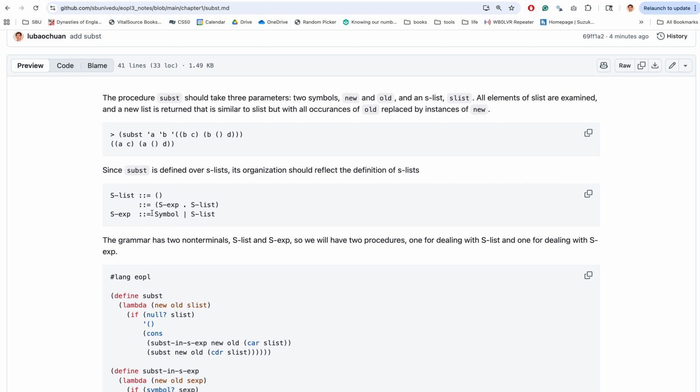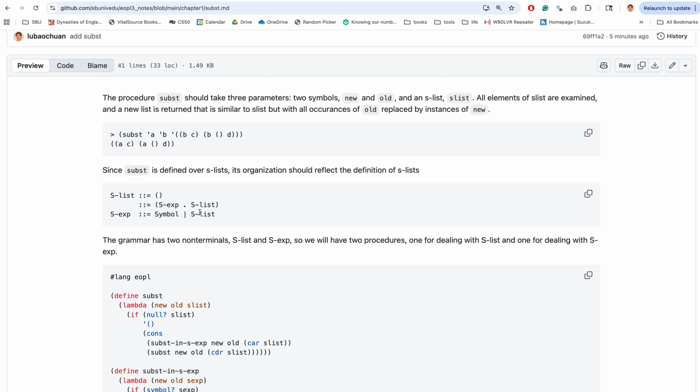So we have two non-terminals on the left-hand side, two syntactic categories. It's more complex, but it has to be this way to define this kind of